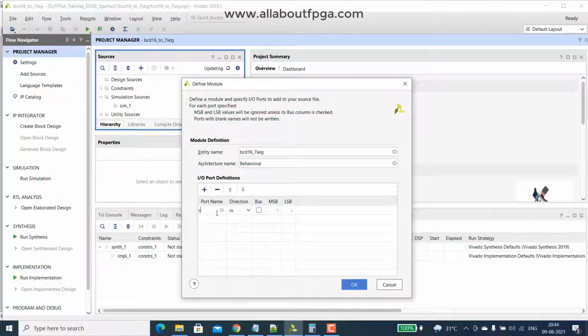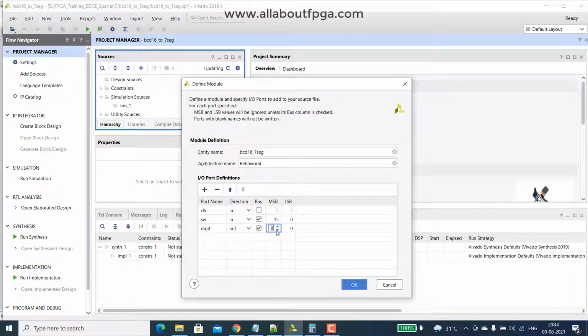The inputs will be clock, and switch of 15 down to 0. Then we will have the digit of the 7 segment, which is an output.